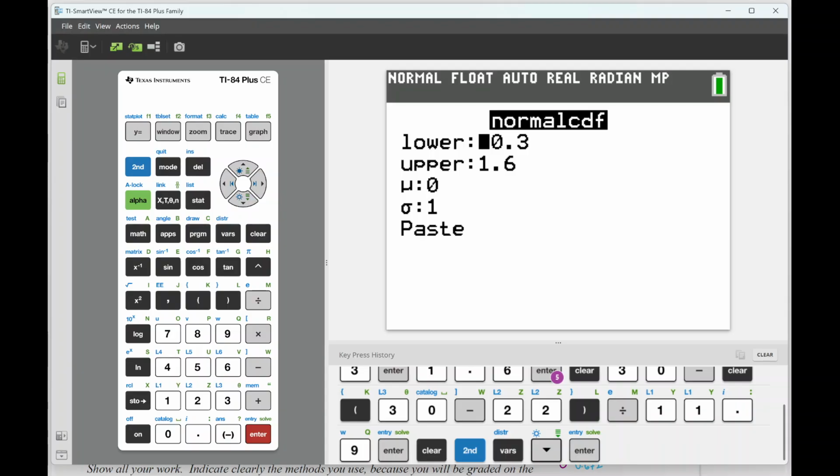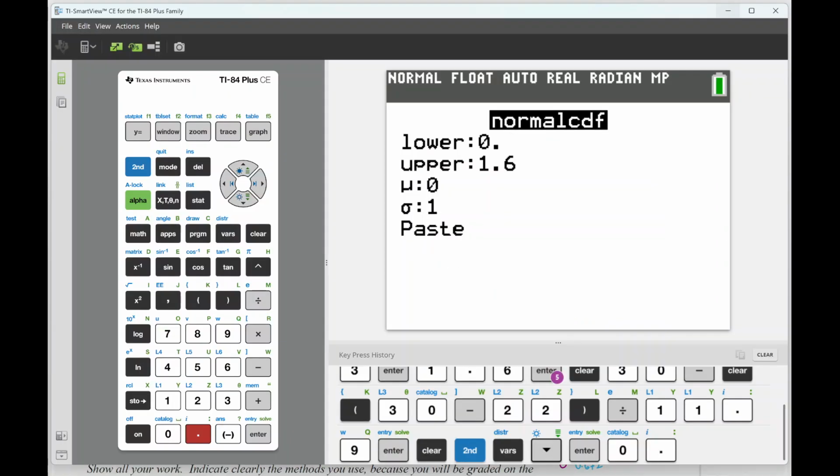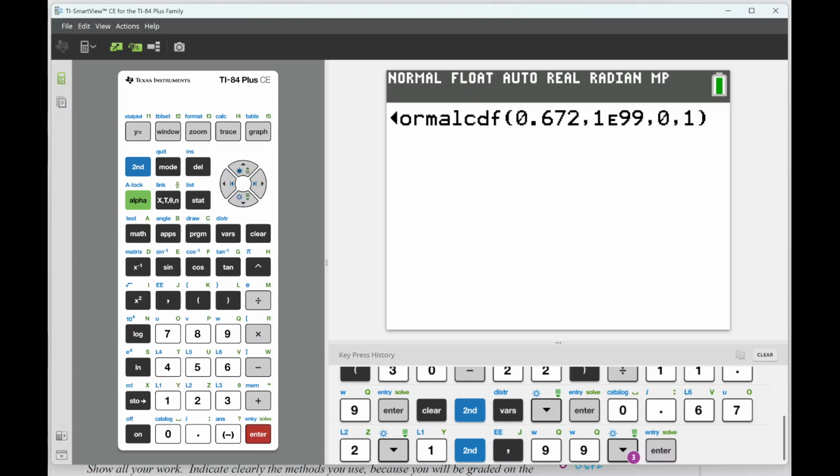Our lower bound was at 0.672. Our upper bound is essentially infinity, so I'm going to do 1, hit second, E99, that is a really big number. Mean of 0, standard deviation of 1. Okay, so approximately 25%,